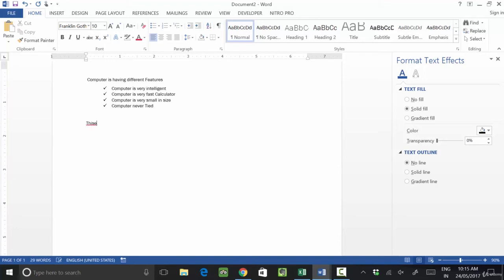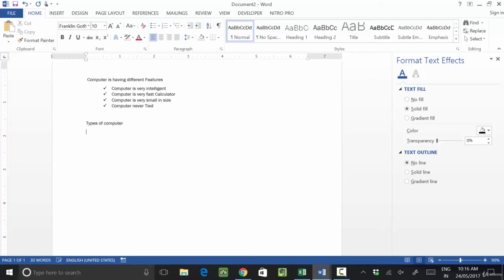Okay, let's write some other text in the document. For example, types of computer.